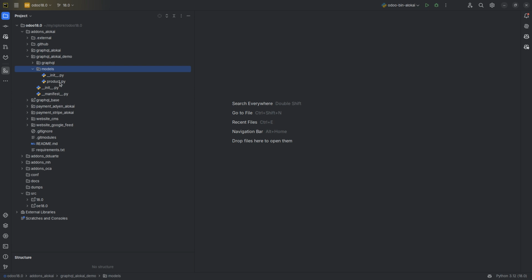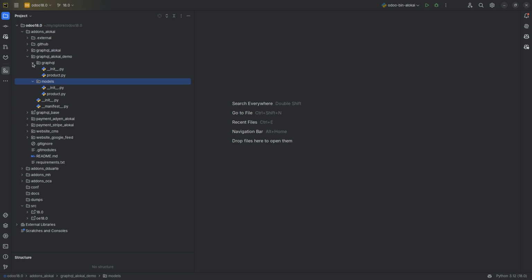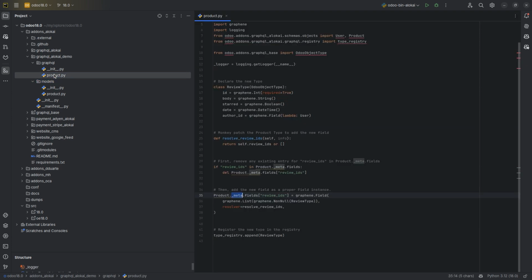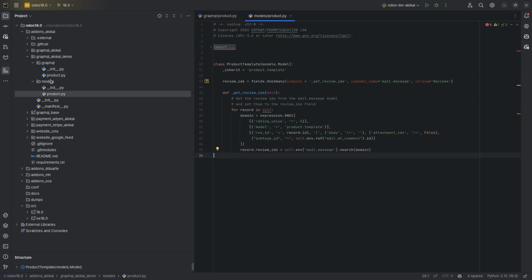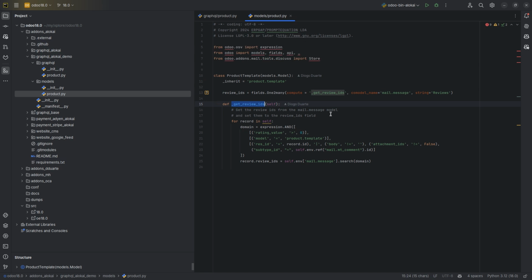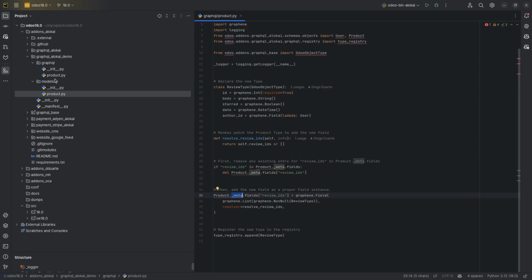But yeah, this is an example of how to start your module if you're doing a customization for a client. Here, for example, this is a normal regular Odoo customization. I just created a computed field to demo, and this is just a demo. It's not really doing anything useful at the moment. I'm using the get reviews to get the reviews from Odoo. And now here on the GraphQL side,